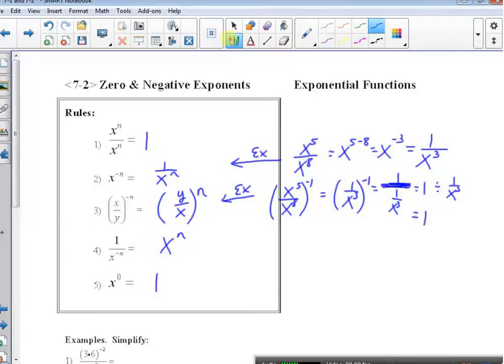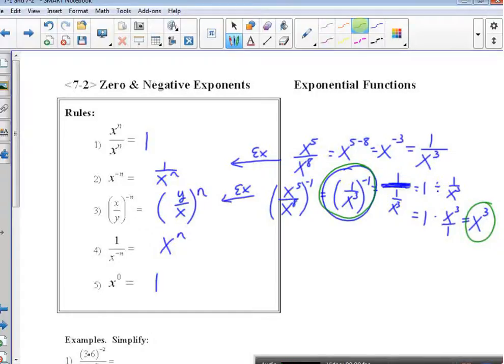Well, that's really equal to 1 times x cubed over 1, and that's just equal to x cubed. So if you look at where we started and what it became, that gives us that rule. 1 over x cubed to the negative 1, you just flip the inside, and that will make your exponent